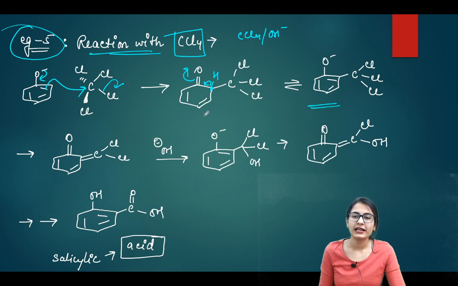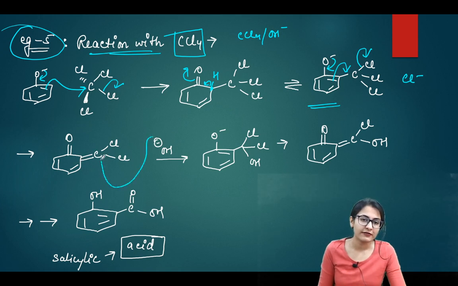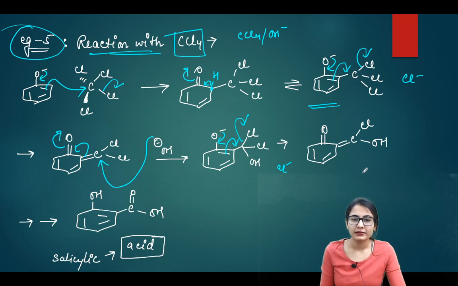Once again the phenoxide is back here. Again you are going to have the same process, the push and pull mechanism, right? You're just going to have the same process, removing the chloride anion one by one. Cl minus removes from here, you get a double bond, and see, we don't have any pushing effect now, so the OH minus is going to attack. You form the phenoxide ion once again. So this is what you have. Again the phenoxide is going to help in the removal of one more Cl minus. Ultimately you get something like this.